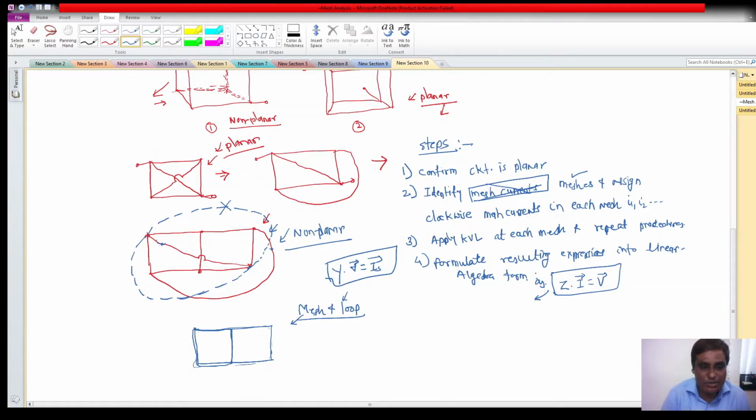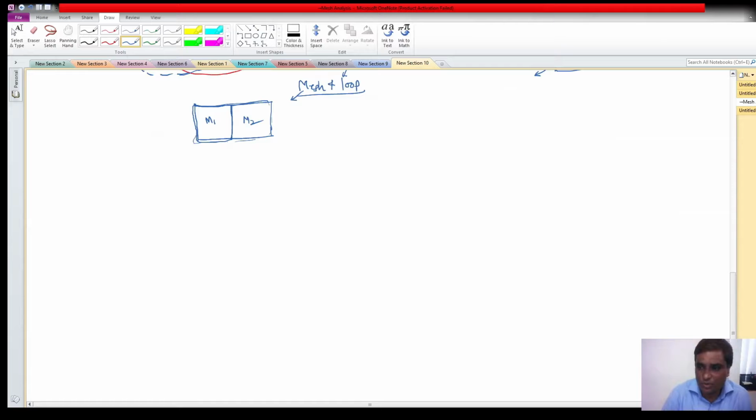Okay, so there should be only one loop. Okay. So this will be mesh 1. Here also I am finding that there is no other loop present, so this is mesh 2. And if I'll say this will be your loop. Okay. So with this understanding, let us take an example and let us try to formulate it into linear